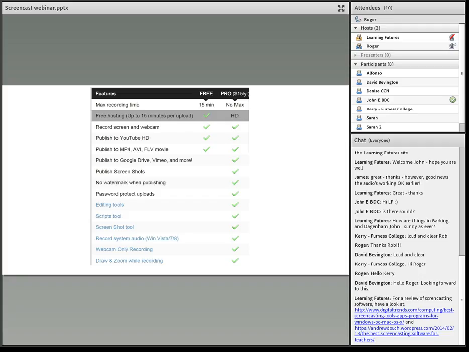Hopefully you'll see in the chat that Rob's kindly posted up a review of other screencasting software to look at, and there are some excellent tools out there. So yes, if you're interested, go away and have a look at Screencastomatic, but there are obviously other ones. I'm pretty confident that some of the things that I'll be talking to you about this afternoon will apply to all of them, particularly those points to consider or mistakes that Roger's made.